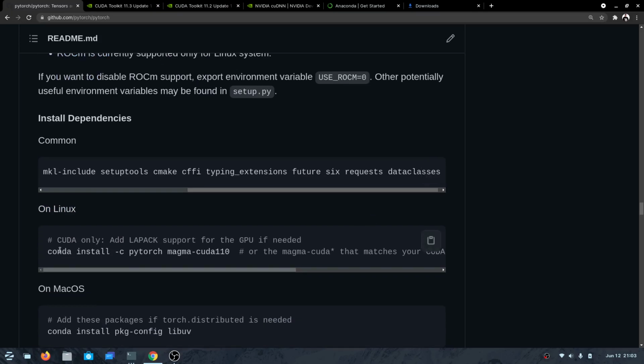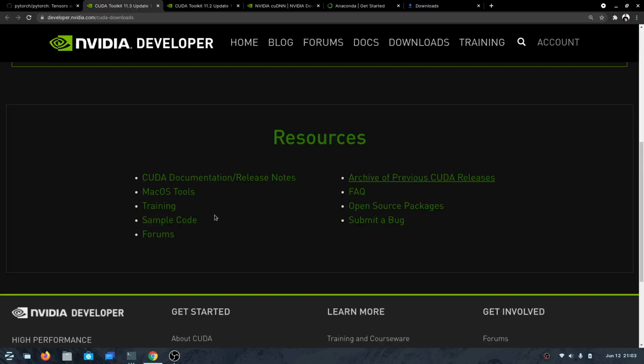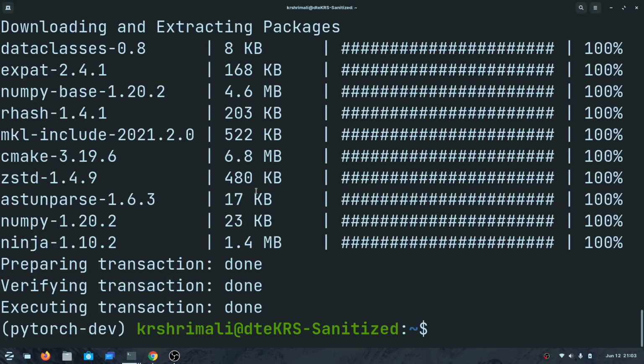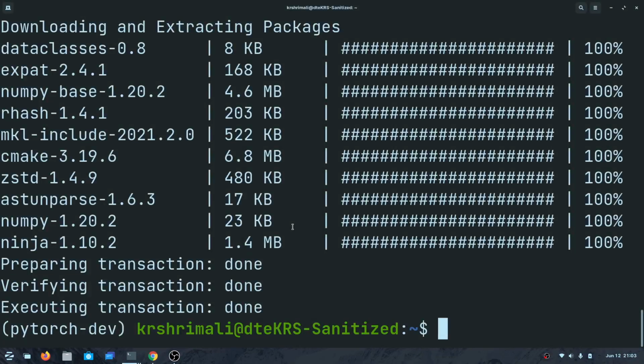And then further, on Linux we'll need to do this as well. Oh, it's done. Nice. Because now we are having CUDA support as well, we will need to install this too. But let's start and install CUDA first. That is more important, because if you don't have CUDA, then how will the libraries be installed? So all you have to do is follow me along, copy each of these commands, and that's it.